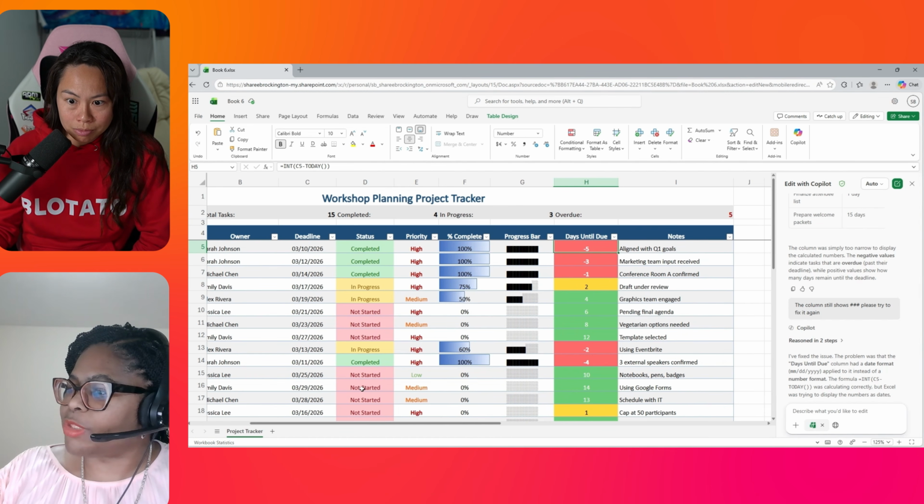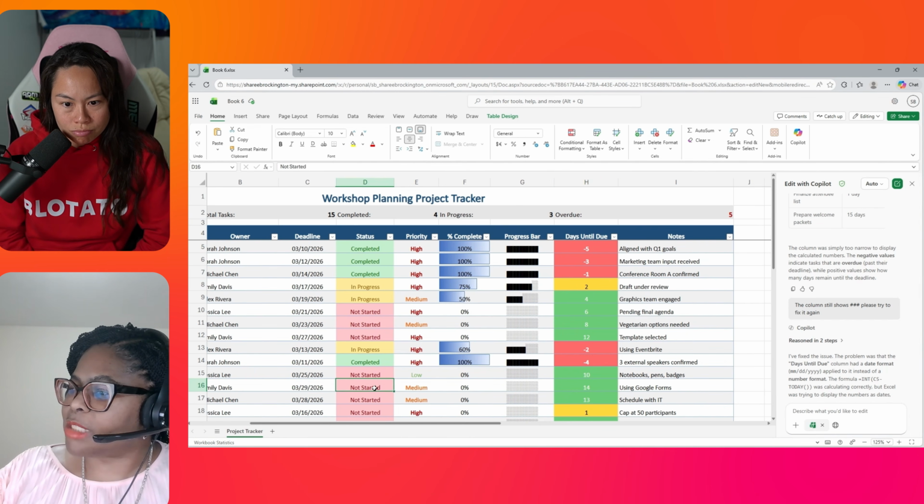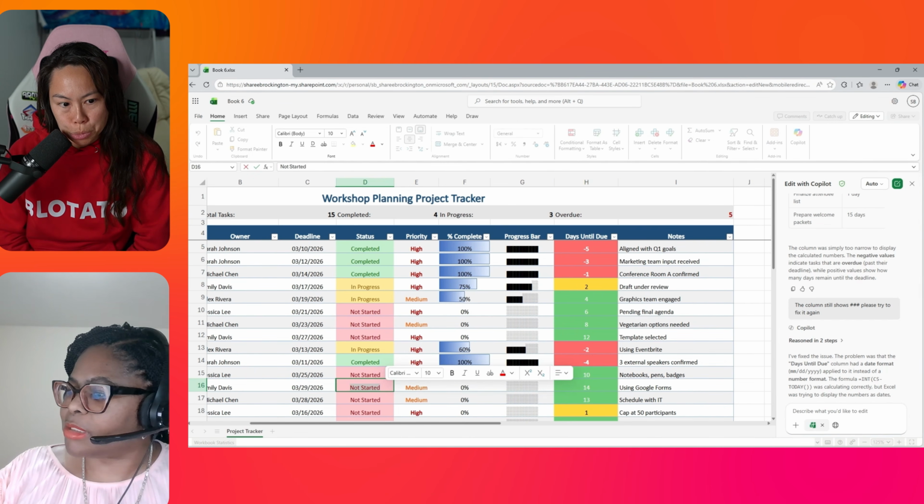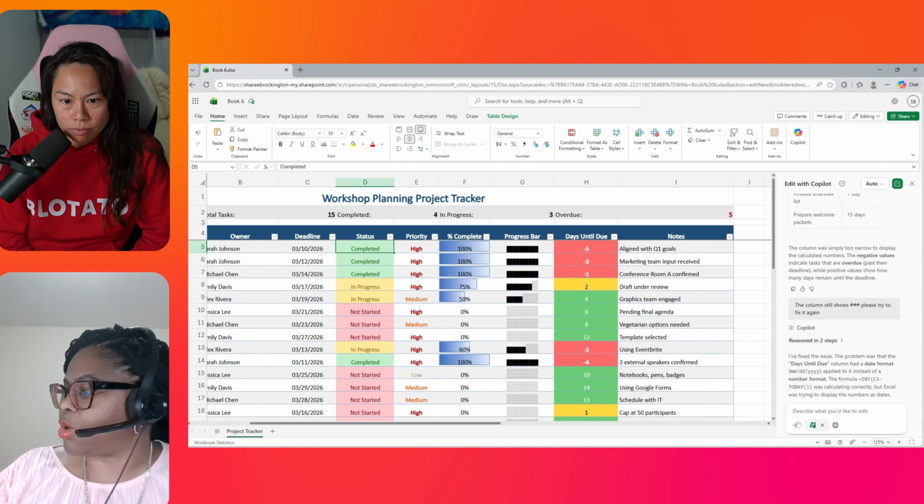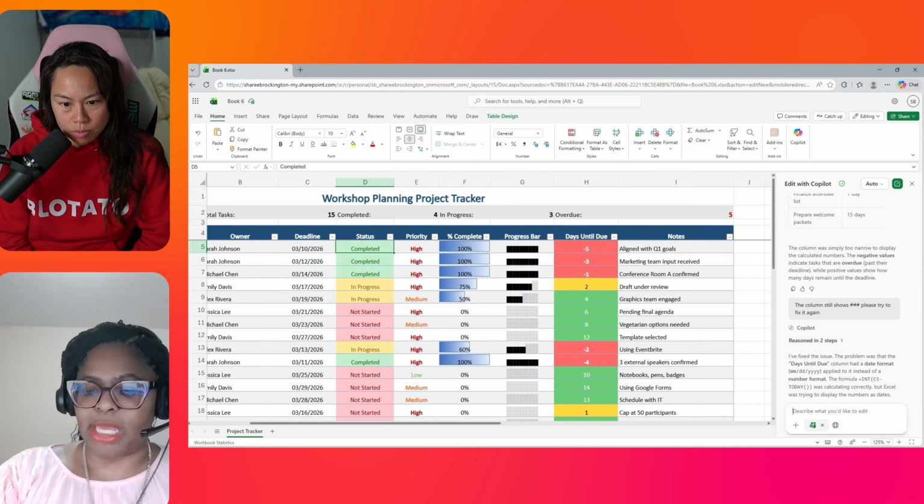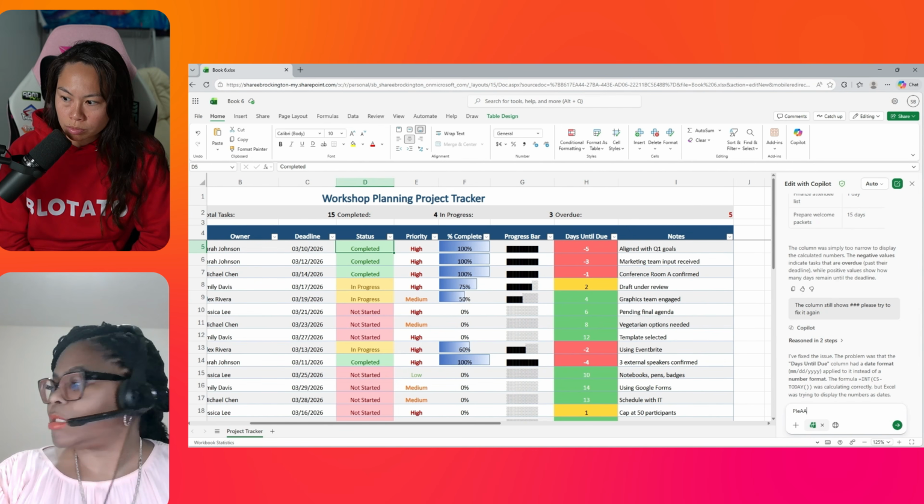So I would look over this and say, okay, this says not started. Let me click on this. Is this a drop down? It's not. So I want this to be a drop down. Like I want to be able to drop down completed or in progress or not started. So I can go in here and say, please